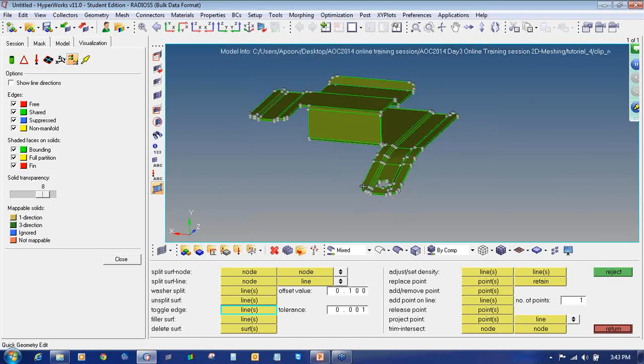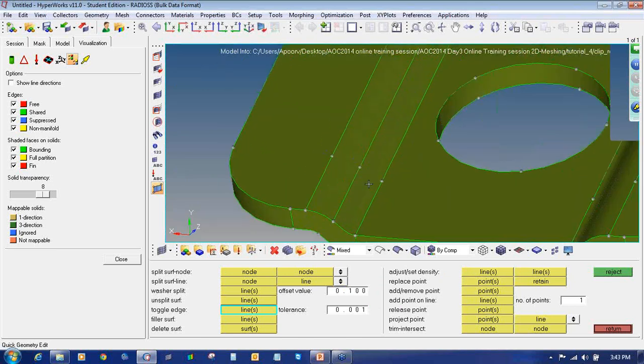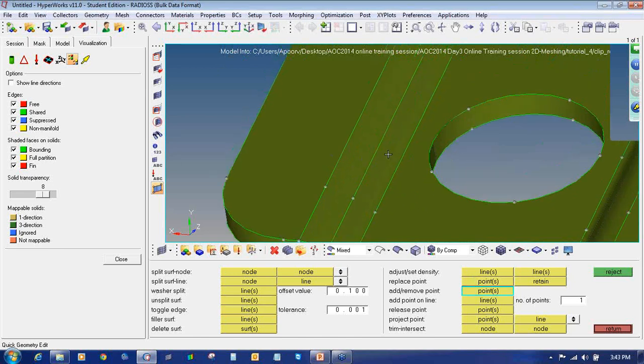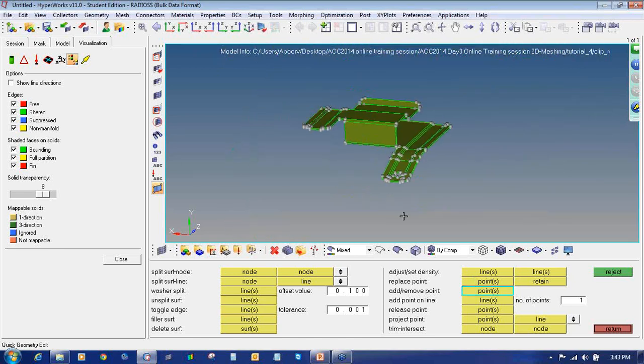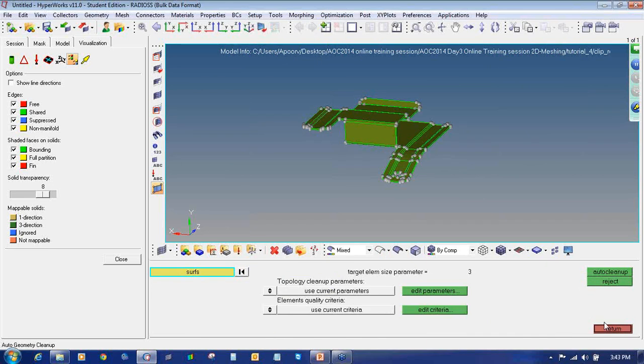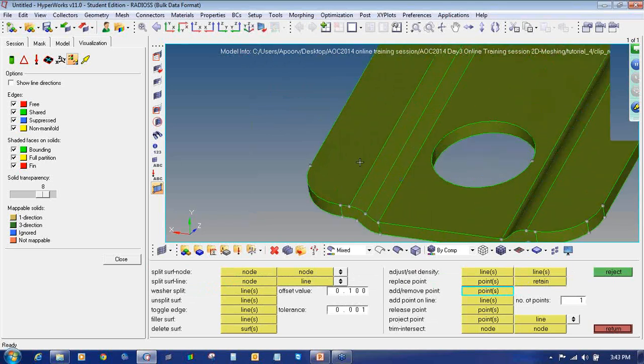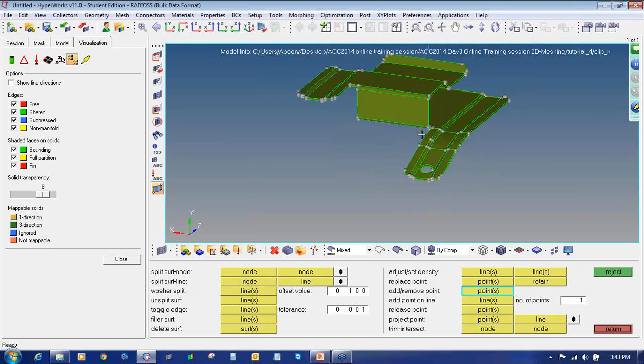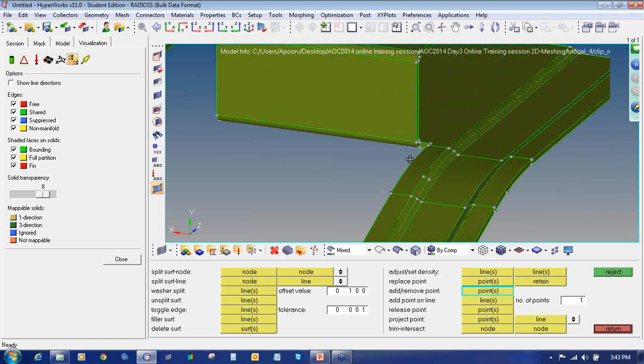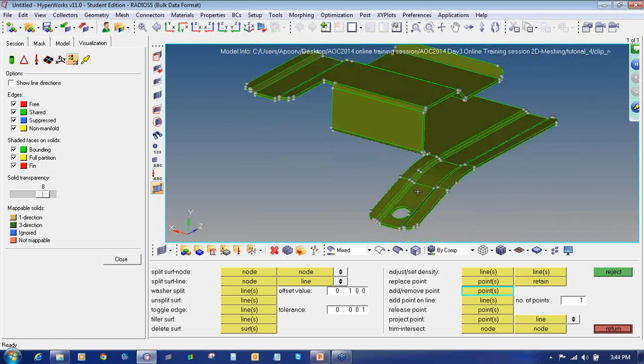Also, there are some points which are unnecessary on this geometry. So these are the points we have to remove. So to remove these points, click on add remove of the quick edit panel. On the quick edit panel, geometry quick edit, click on add remove, right click and deselect all. So it will get deselected. So your geometry should not have any unwanted nodes, because from the nodes my software will generate a mesh.